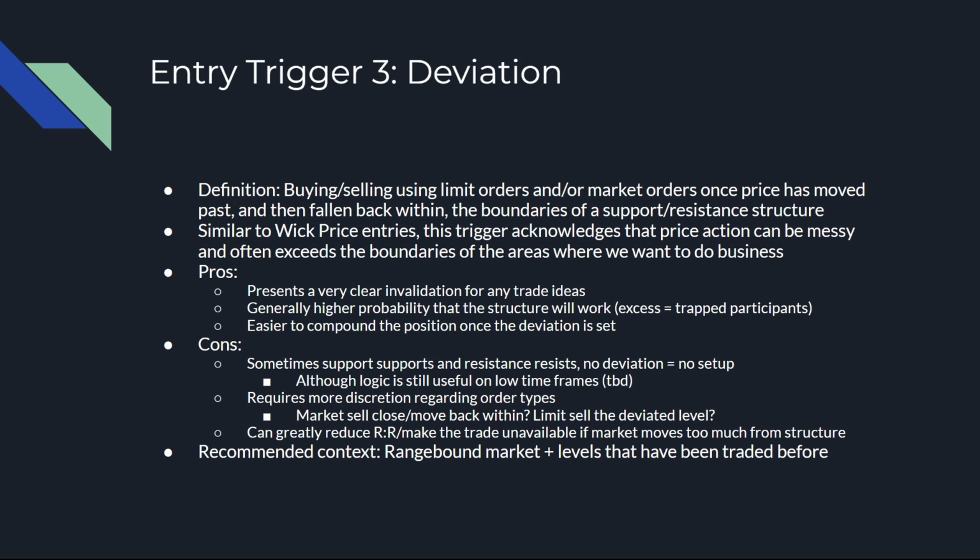resistance is still resistance. And I guess I covered the last con somewhat implicitly: it can greatly reduce the risk reward or make the trade unavailable if the market moves too much from the structure. So that's one of the inherent cons of not doing business at the level itself. If you wait for the market to move, by definition, you're further away from the structure where you're doing business. You're typically further away from your invalidation, and that can affect some of those built-in trade parameters that we talked